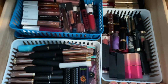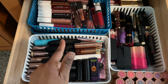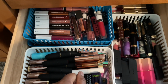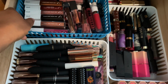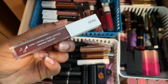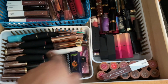Okay, next we have my liquid lipstick and bullet lipstick drawer. So I'm only gonna pull 2 items out of this drawer because I have a bullet lipstick and a liquid lipstick in 2 of my projects. So the 2 colors I'm gonna pull out of here are going to be bold. I saw one of the YouTubers that I watch use this shade, and I think this is perfect for this time of year. This is the Ofra Long Lasting Liquid Lipstick in Havana Nights, and I haven't used this in a while, so we're gonna choose that. And then for a bullet lipstick,